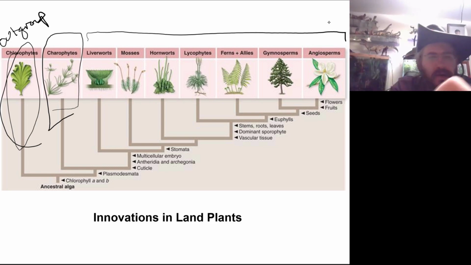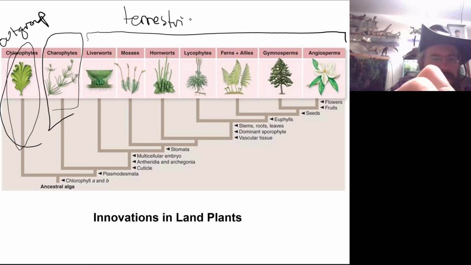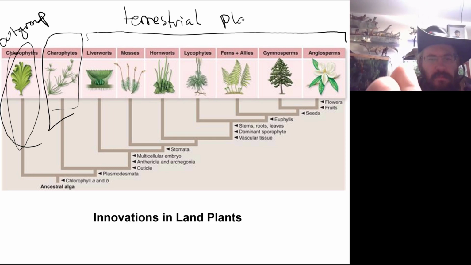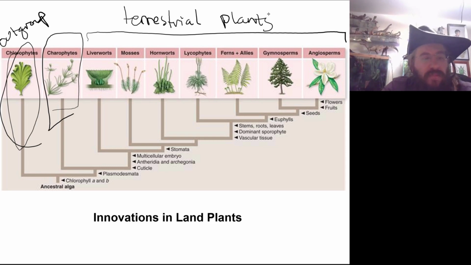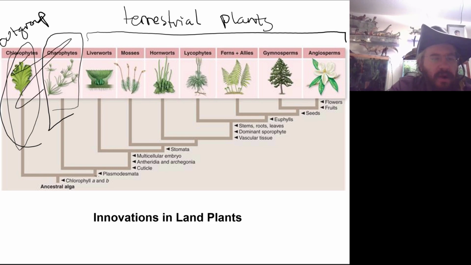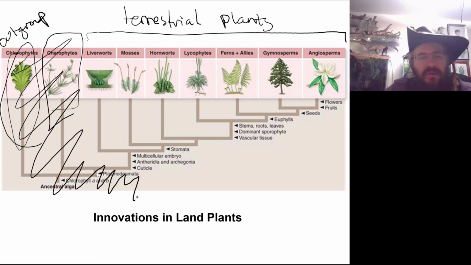So this is our terrestrial green plants. Right, so chlorophyll alpha and beta. Right, then we have the cuticle and the plasmodesmata. Plasmodesmata occurring. Screw it. Let's just ignore this stuff, because what I'm mostly interested in are the synapomorphies that separate out our